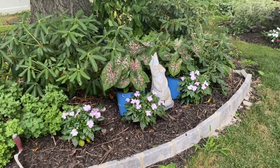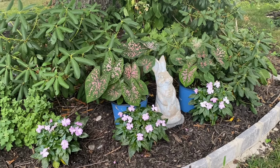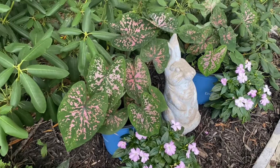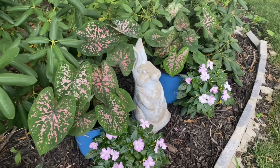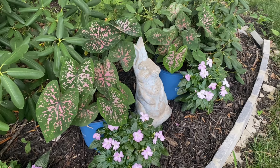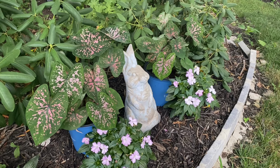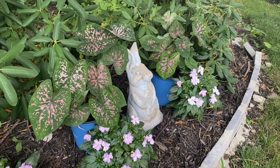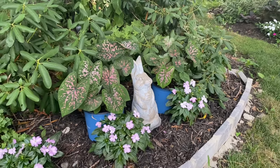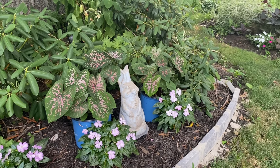So when you look at this, I put the caladium in pots here, and they have expanded. Look at this. This is absolutely beautiful. The reason why I did that is so that I can give them direct watering, so that when I water them, the water is not scattered throughout or hit and miss. And because of that, the caladiums are thriving here. They like this location because they get some afternoon sun, but it's not overwhelming because it's under the